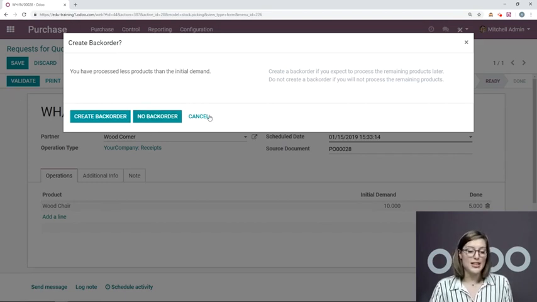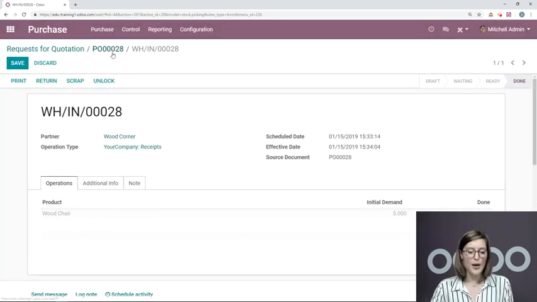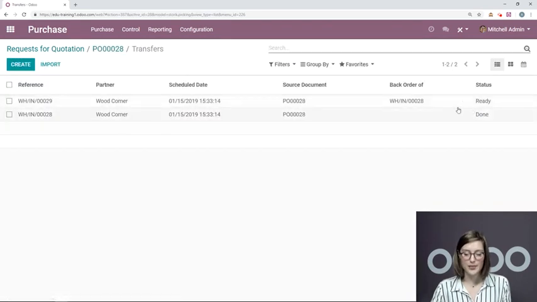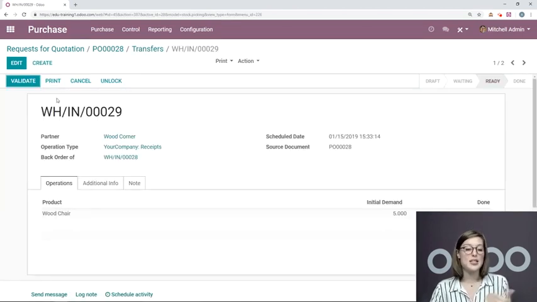Or you can say you would not like a back order and just like to cancel the other 5. So you just want to take what they have and forget the rest. So we will create the back order. Now, if we go back to our purchase order, we see that now we have 2 delivery orders. We have 2 receipts here, and one is done, so that's the 5 that we received, and one is ready,